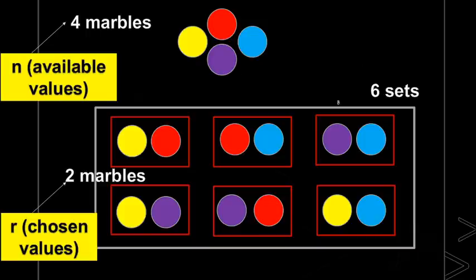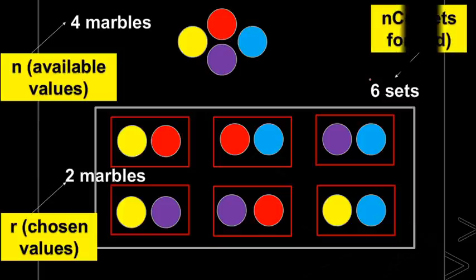Okay. So what is this 6? This 6 is nothing but number of combinations possible. Yes, number of ways of choosing them. Number of combinations possible. This is what we represent as NCR. NCR is nothing but number of sets that can be formed, which is nothing but the combination. Okay, so I hope you understand what is N and what is R. N is nothing but available set. R is nothing but how many we will choose. Okay, this is a basic combination example. Right, now let me show you the type of problem that is needed for us. For the required question, which type is needed, we'll discuss that type alone, not all the types of combinations.